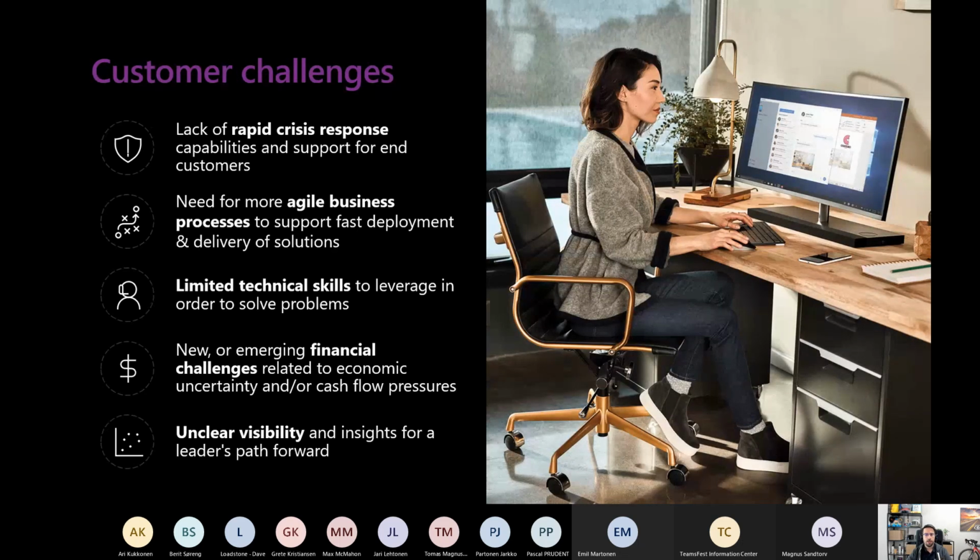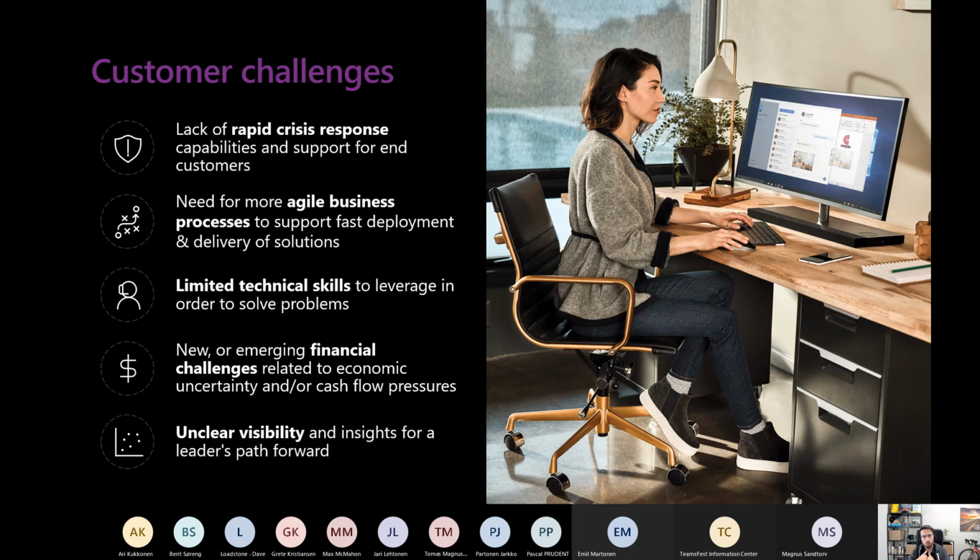But we have some customer challenges to resolve. For example, we need the possibility to respond in a rapid way to a crisis, for example, to support customers or colleagues in a quick way to create or manage information inside Teams.